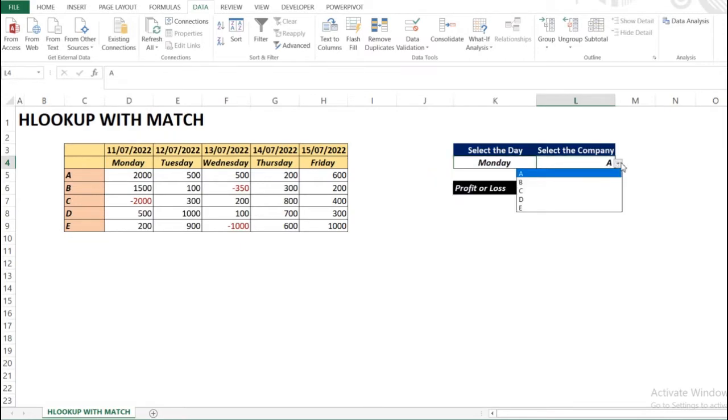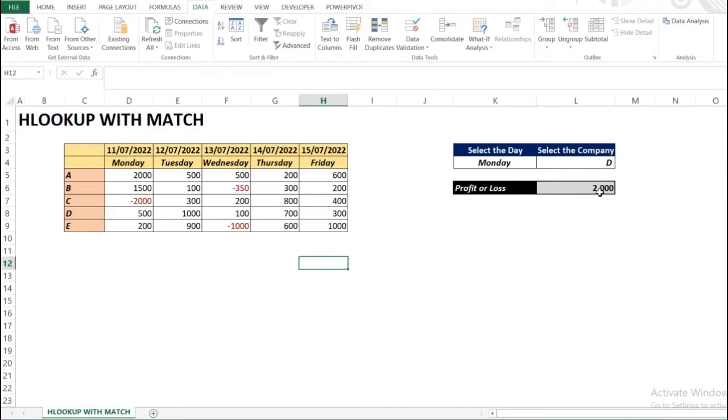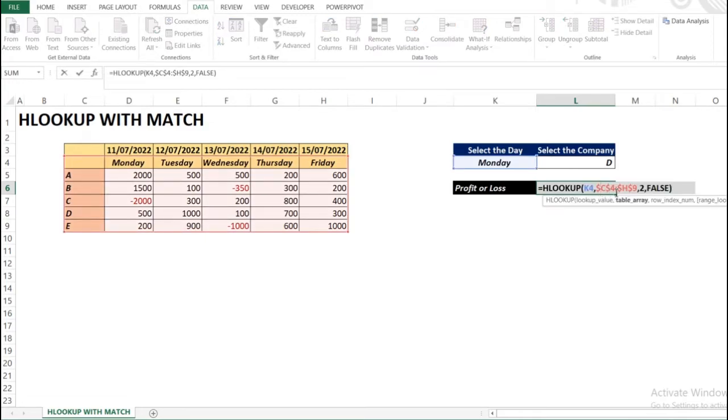However, if we try to change the name of the company, the result will be same for every company. However, it is not true. As for company D on Monday, we have made a profit of rupees 500 only, but it is showing us rupees 2000. So, in order to avoid this error, what we can do is